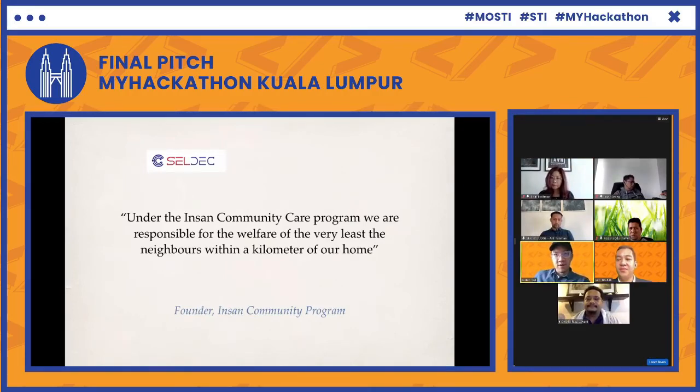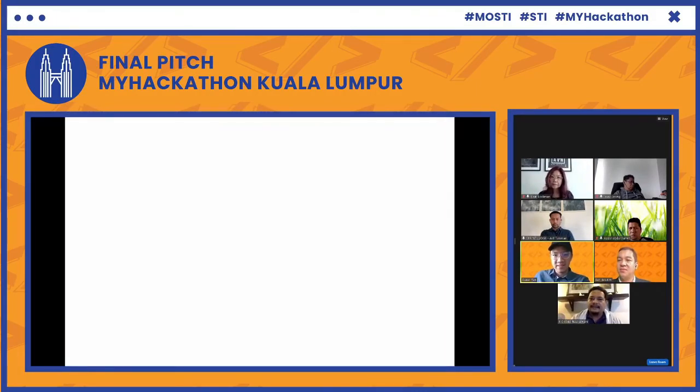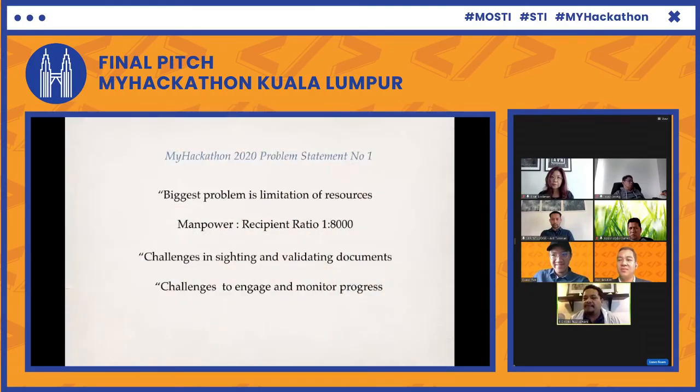I have one question. I saw an article a few years ago saying that Malaysia has the most bloated civil service in the world. So how is it that your first problem statement was that we don't have enough resources? How does that tally? Okay, that problem statement of 1 to 8,000 is probably from the agency that crafted this